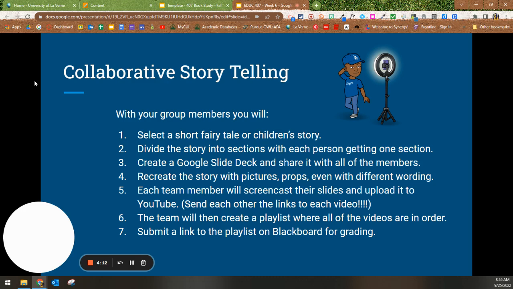And the idea is that you as a team are creating the story. It could have 3 or 4 different ways of looking at it, and I think that might be pretty cool. If one person does one thing, one person does a different thing, and so on and so on. So what you're doing is creating the story with pictures, props, even different wording if you want to, just as long as it's not